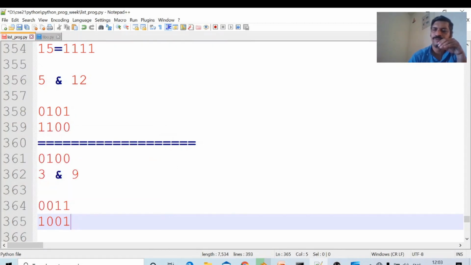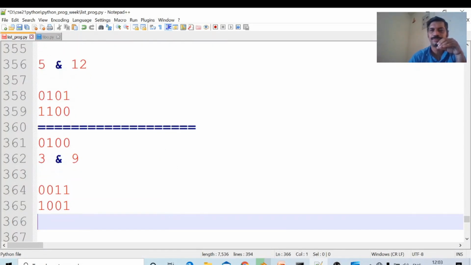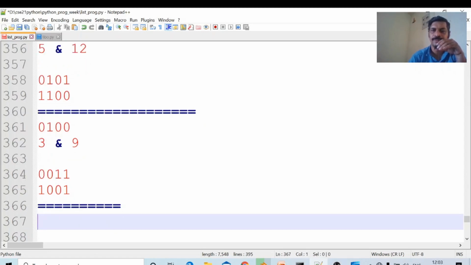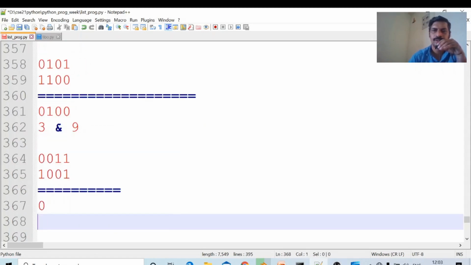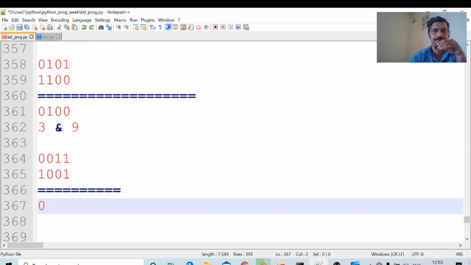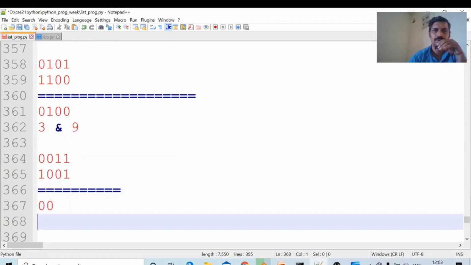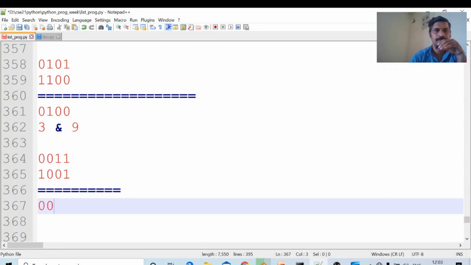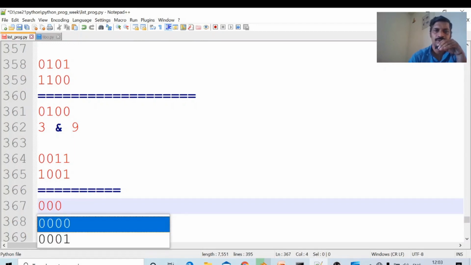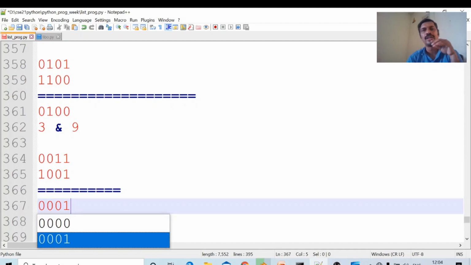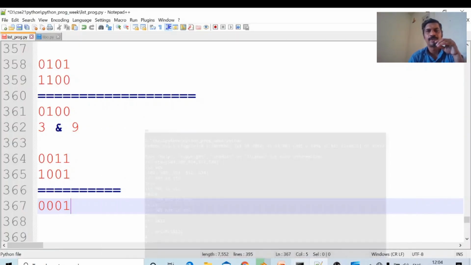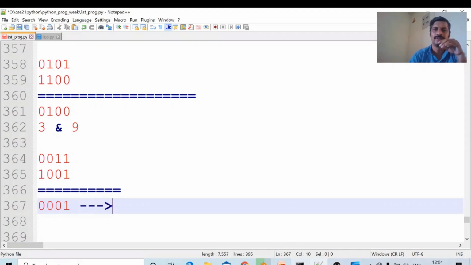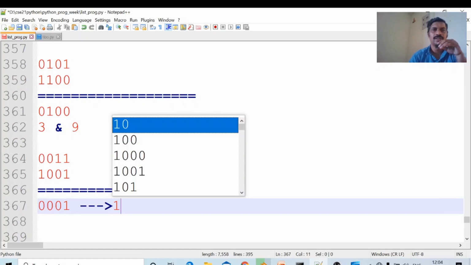If we perform the AND operation on 3 and 9, what will we get? First bit 0 and 1 is 0. Next, second bit 0 and 0 is 0. Next bit 1 and 0 is 0, then 1 and 1 is 1. Okay, the result of 3 and 9 is 1. 0001 is equal to decimal, what is the corresponding decimal value? Equal to 1.